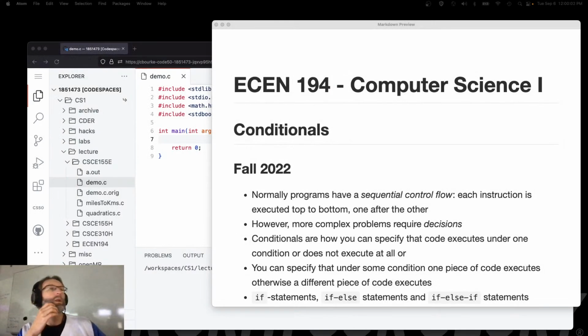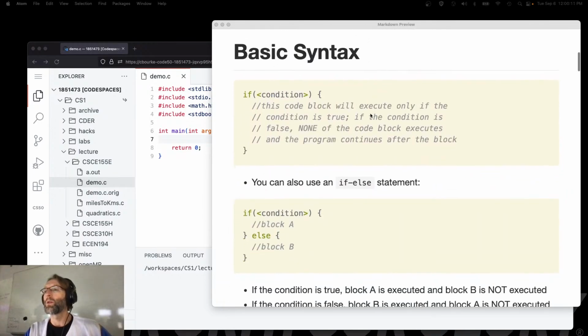All right, so today we're going to finish up on conditionals. Before we continue on it, though, let's understand where we've been on conditionals. Remember that we have a basic if statement that allows you to specify a logical Boolean condition that is either true or false, and then that code will execute or it won't execute based on the truth value